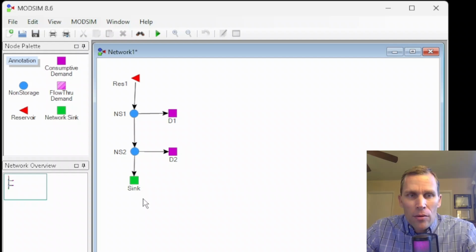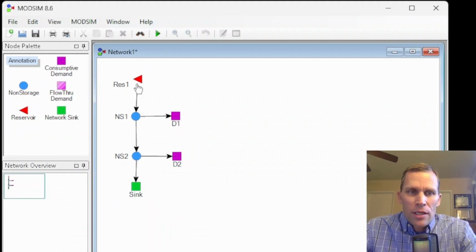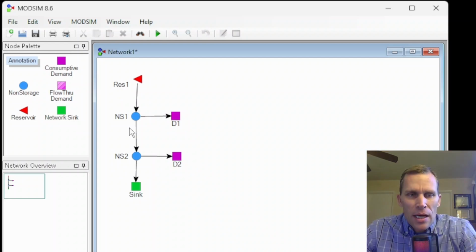And what I have in my model right here is, as you can see, a simple one reservoir, two demand node network. The reservoir starts with 1 million acre feet. Each demand node requires 10,000 acre feet per month. And the simulation is only 1 year on a 1 month time step. So there's plenty of water in the reservoir. None of the links have channel routing assigned to them at this moment. So I'm going to go ahead and just run the model,